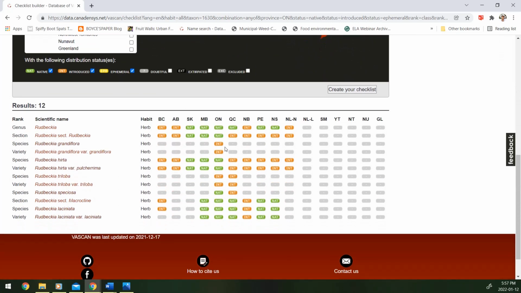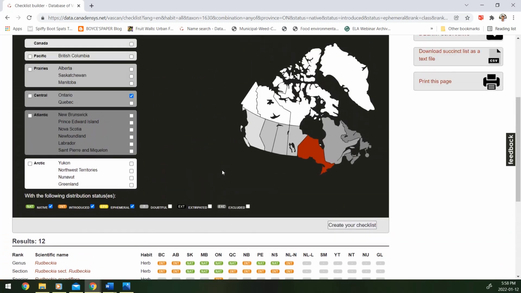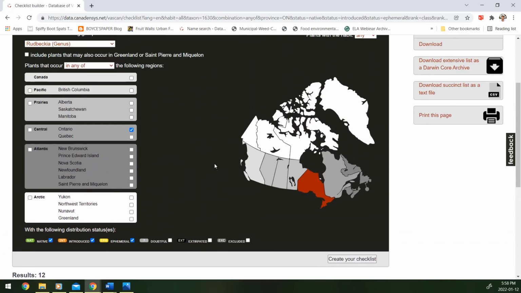And the introduced ones are actually probably introduced through horticulture because they're both species that are frequently still retailed. VASCAN isn't perfect in the sense that a province can include a wide range of ecosystems and several different ecozones and bioregions. So if you are trying to get to the level of detail for an ecological restoration project, you will need to seek out some more local information, but it can be a good starting place,